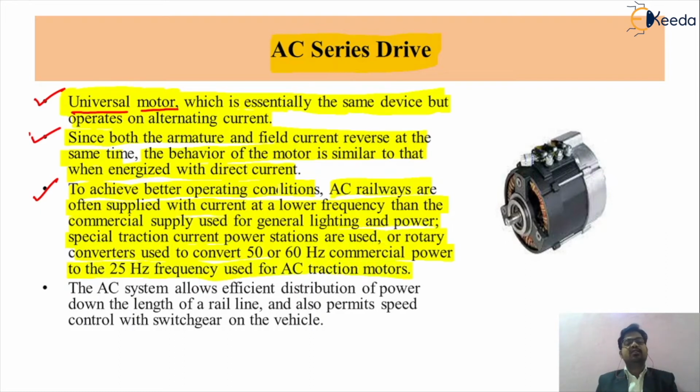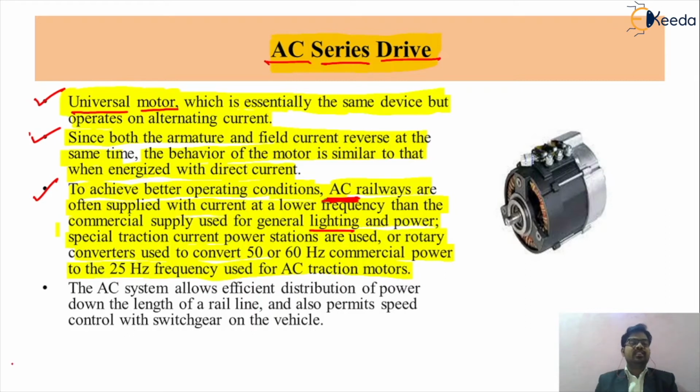So friends, as we know, while we are using the traction system, we have to use different types of systems. In traction, we have lighting or the different types of railways that we call AC railways, which use AC power supply. For that, we require motors that will operate on the AC supply itself. So for that reason, we now prefer the AC series drive for the traction system.